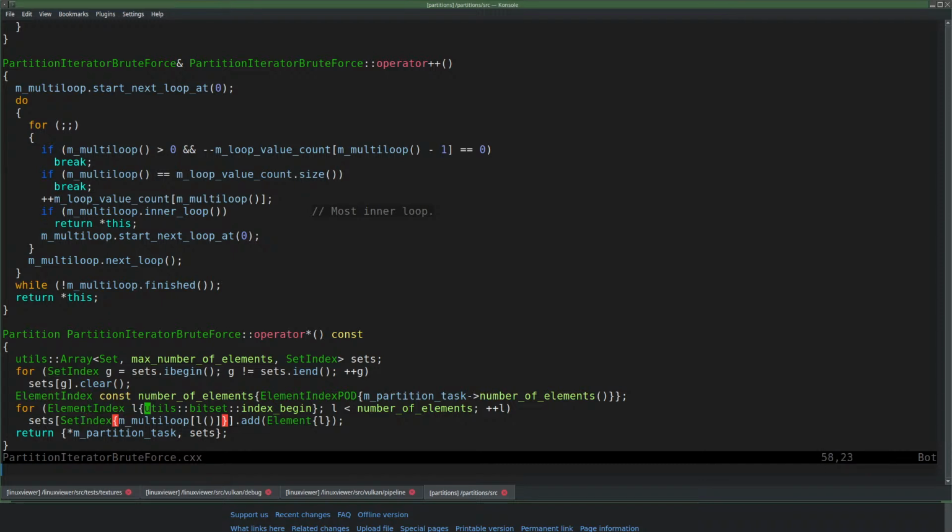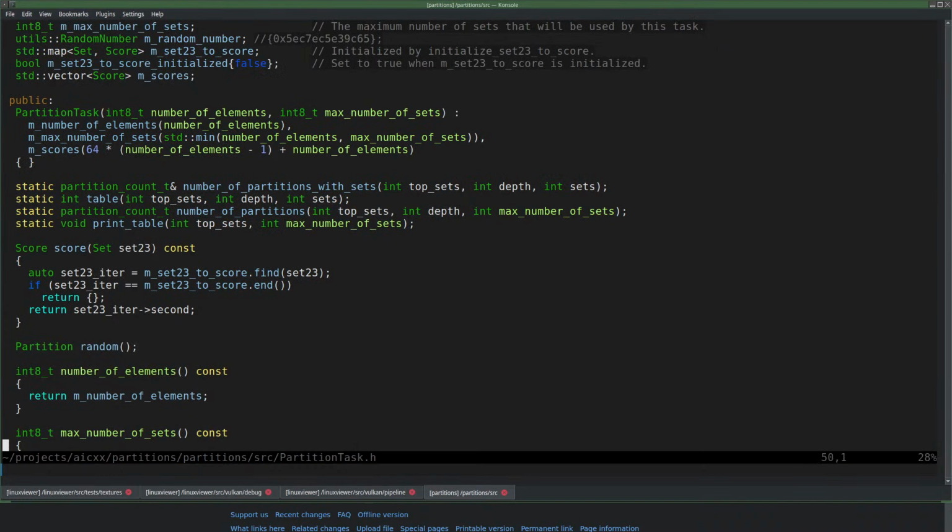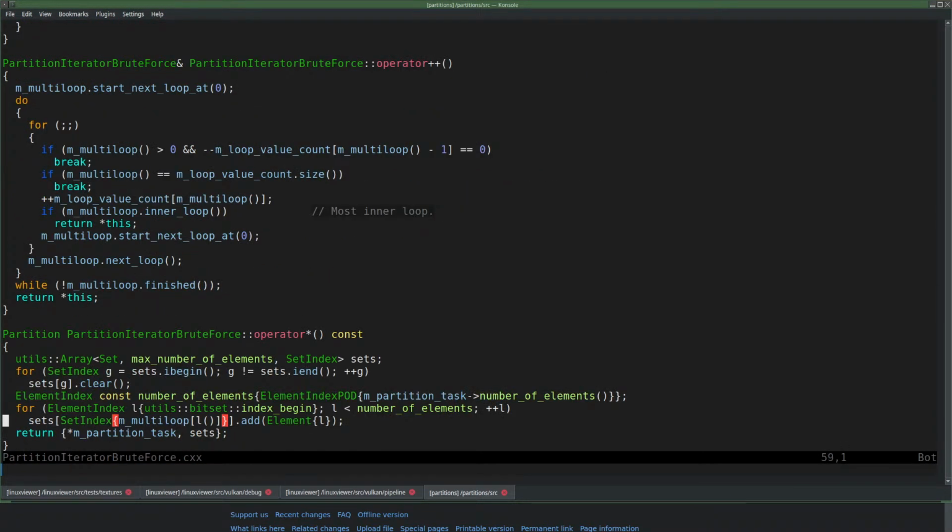And that runs from index begin until it is less than number of elements. Set index here. No, that's just a normal index.